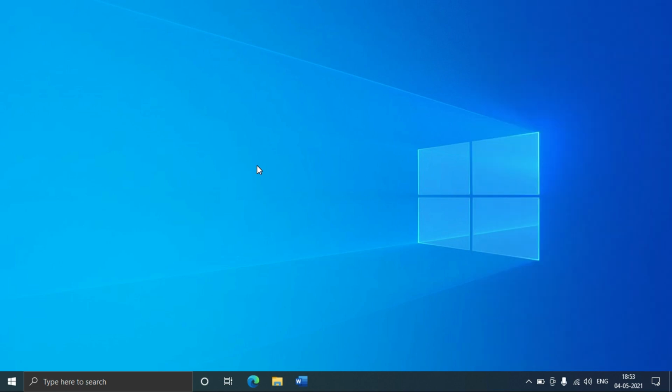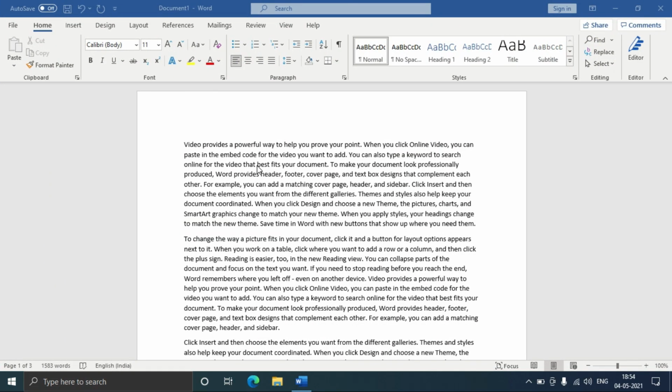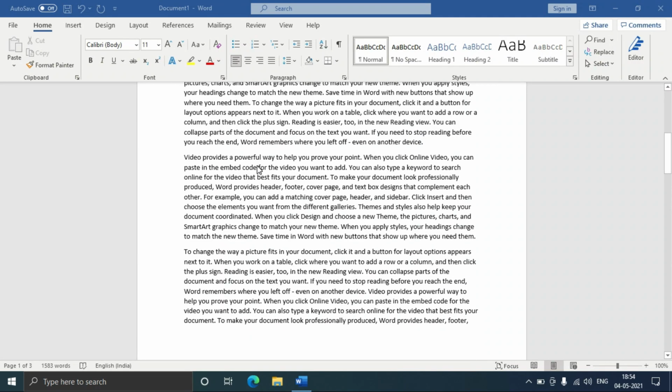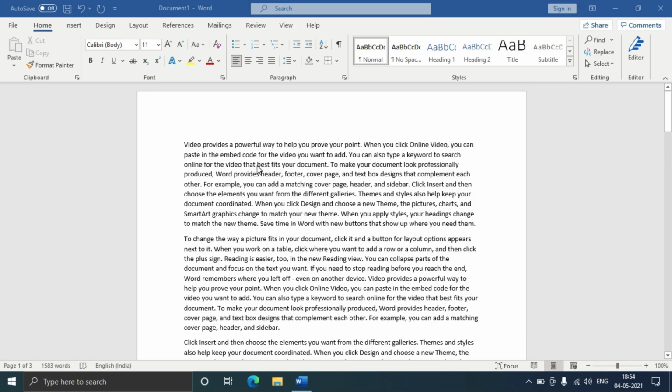So now we come to swipe gestures. In these gestures, we have to put 2 or 3 or 4 fingers on the touchpad and swipe up or down or right or left to complete our action. So the first gesture that we are going to learn is 2 finger swipe up or down. These help us to navigate through any Word document or any document or a website that we have opened. To show you this, I have created a Word document with some random text. I put 2 fingers on the touchpad and I swipe up to scroll down. I put 2 fingers on the touchpad and I swipe down to scroll up.